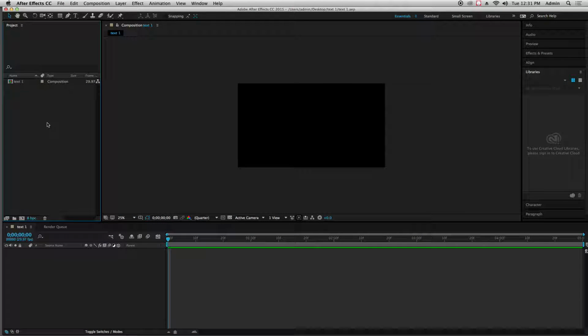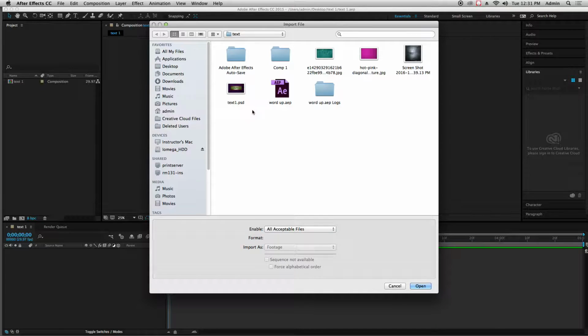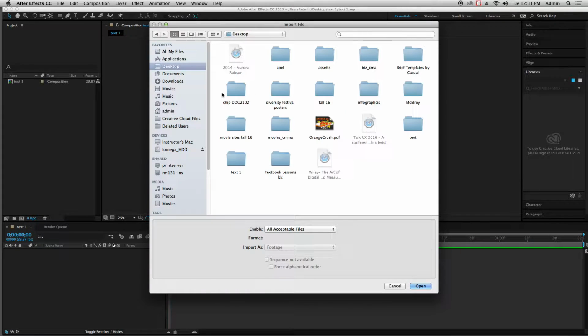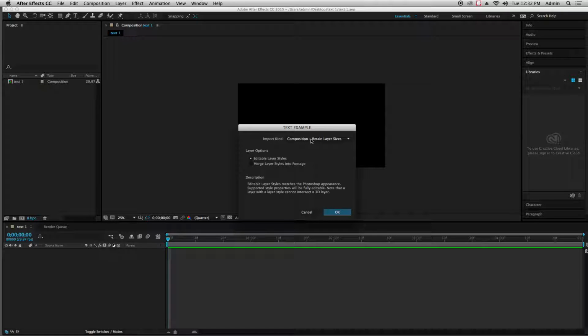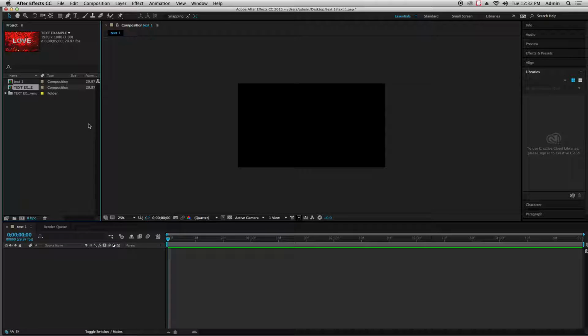Okay, I have my composition ready to go. I can double click here to bring in some files. Find my folder. Here's the file I want. I'm going to bring it in as composition, retain layer sizes, editable layer styles. Okay, there's my 2